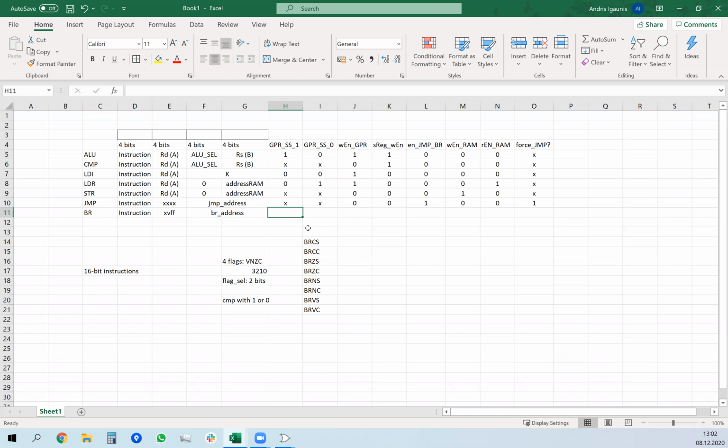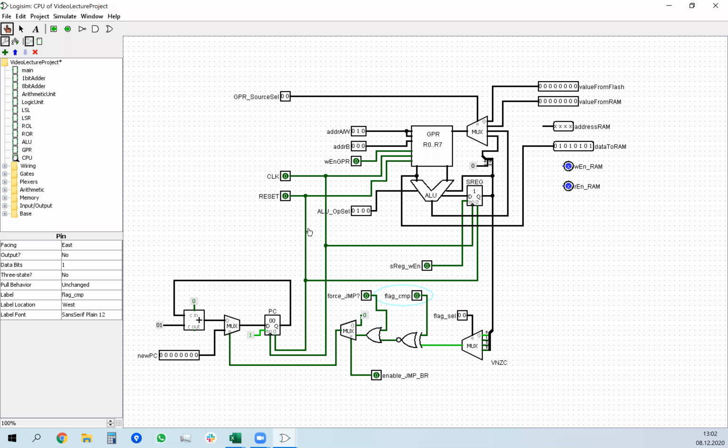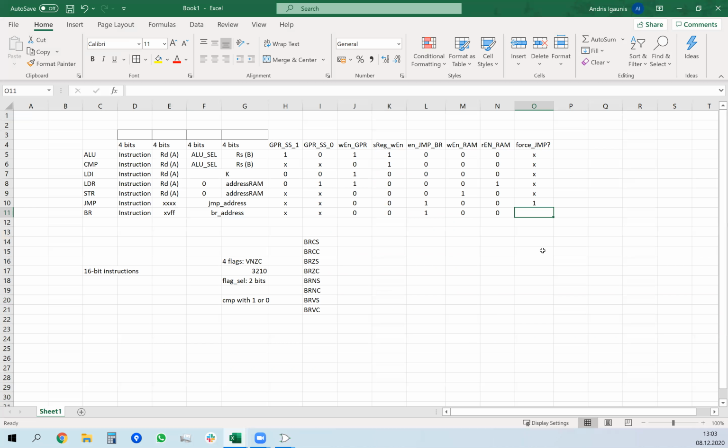So general purpose register source select bits don't care. Write enable general purpose register: we don't want to enable writing to it. Status register update disabled. Enable jump or branch: yes, enable. Write to RAM off. Read from RAM off. Force jump. So in this logic, basically, if force jump is true, then we will always branch. If it's off, then we will only branch if the value that we compare is equal to the flag's actual real value. So force jump is off,